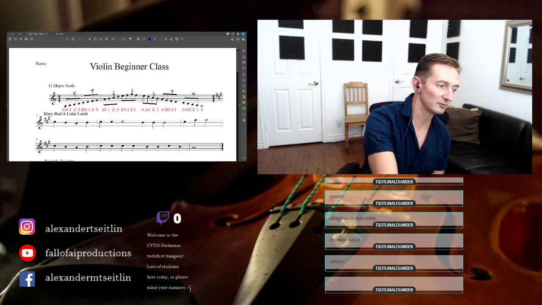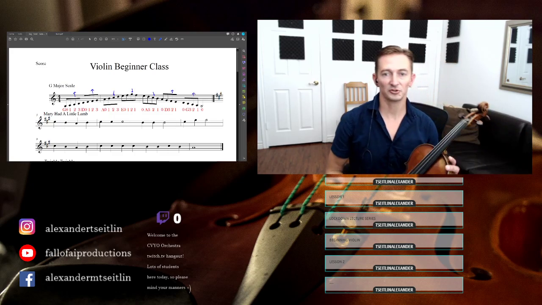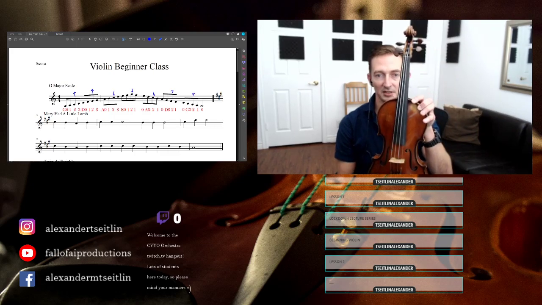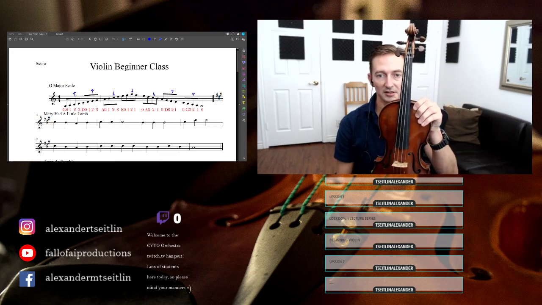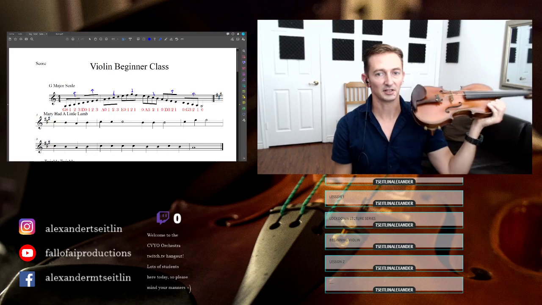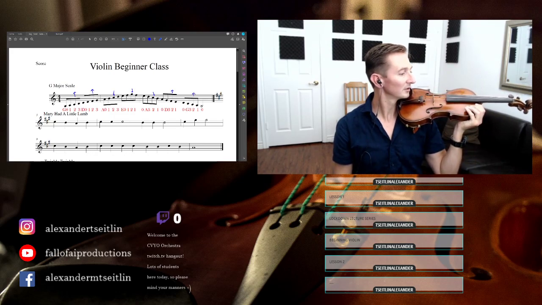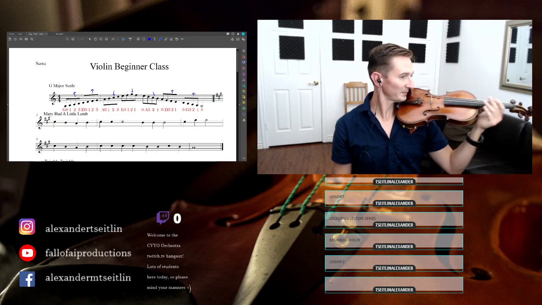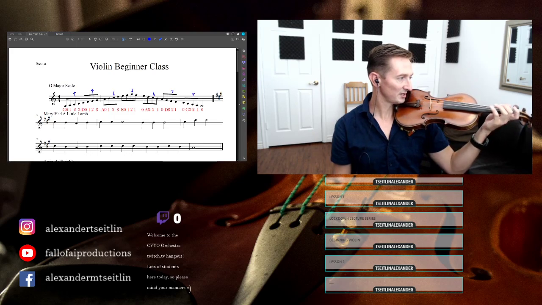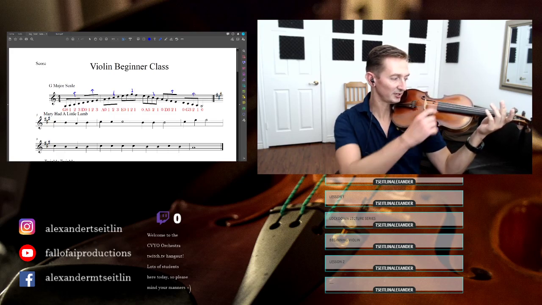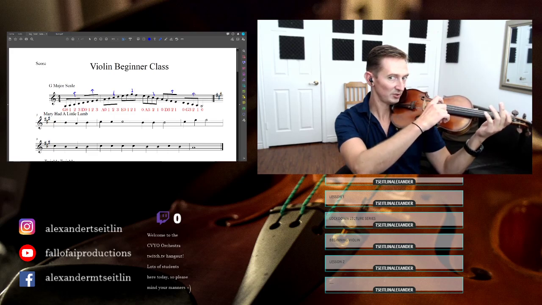So let's do it. I will get set up here just like I will every time I pick up my instrument. So grab the body, I put it on my left shoulder, turn, chin down, thumb in the right position. I get my fingers just above the stickers, but I don't need to put them down yet because I start with G0. So I pluck G0, I pluck G1, G2 higher,